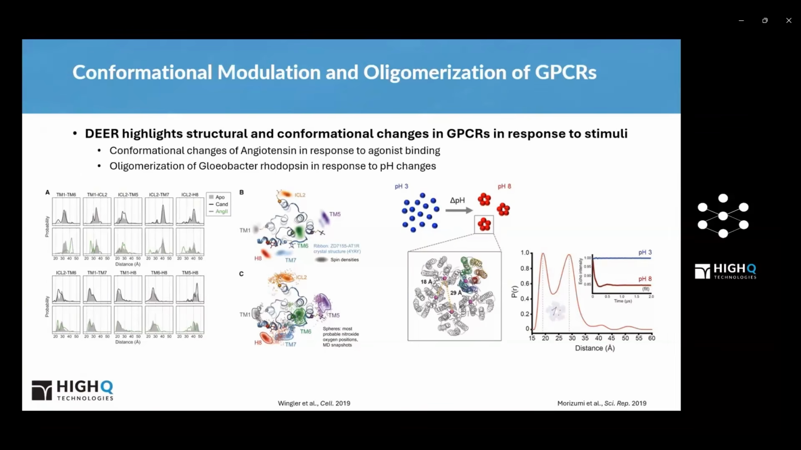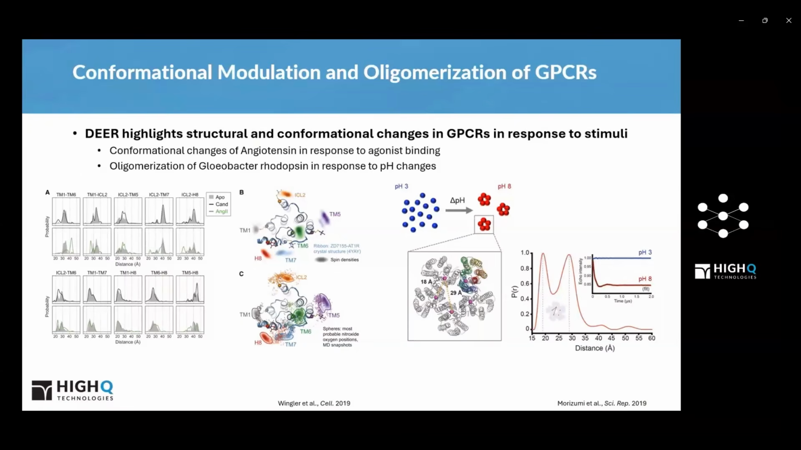On the right-hand side, this isn't necessarily exclusive to GPCRs, but this is a nice example of how EPR can be used to track oligomerization states. So in this particular example, this was a type of rhodopsin that this group was monitoring how it oligomerized in response to pH change. So you can see at low pH, there's no oligomerization, and then at higher pH, there is oligomerization of these GPCRs. And they did that by labeling, putting one label per protein,